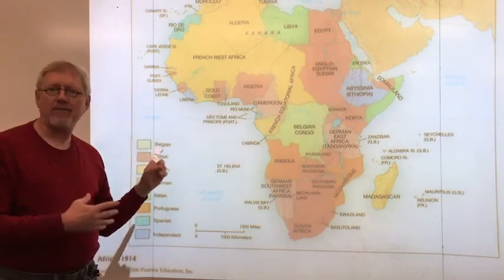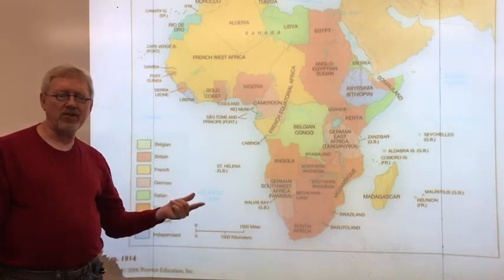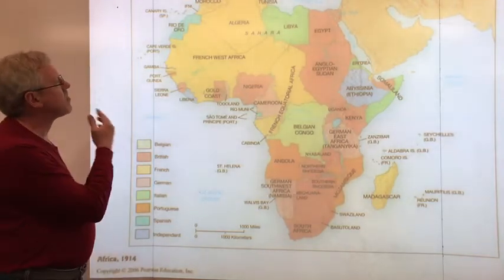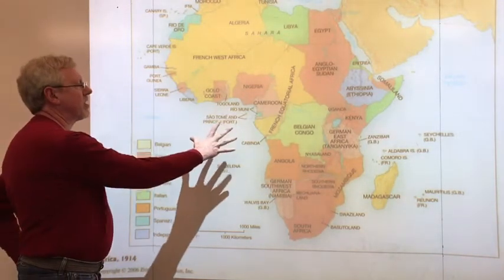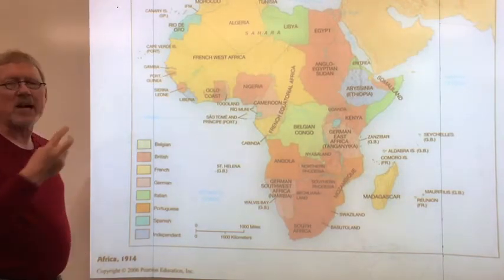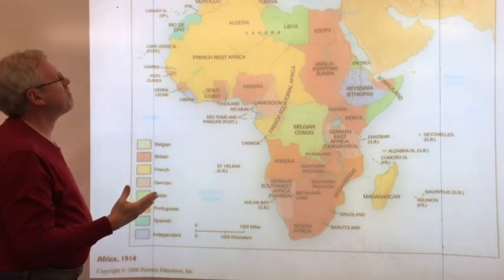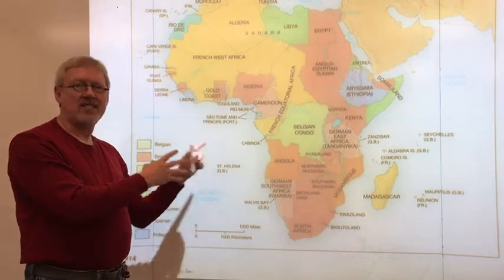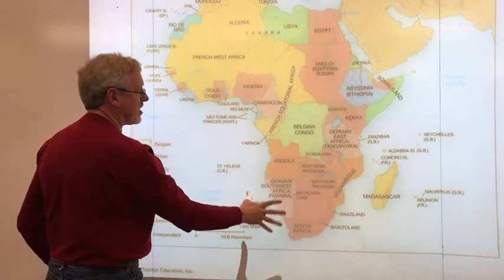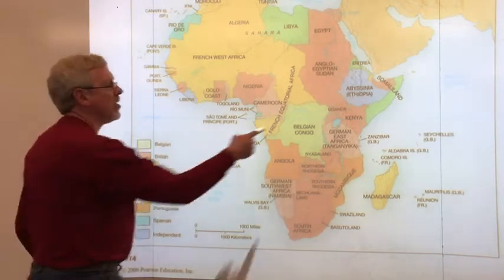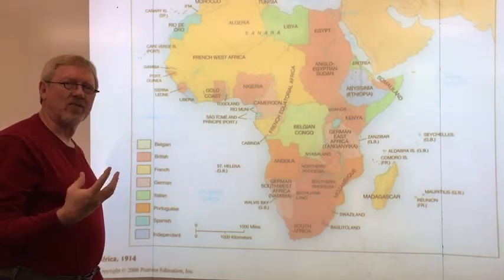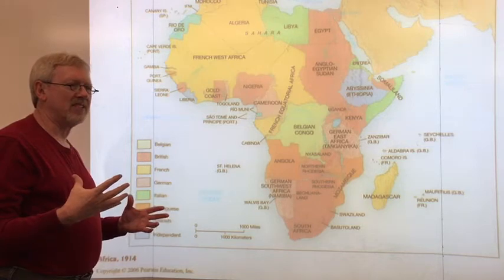Step one for poor Africa, in terms of being exploited by European powers, was, of course, the slave trade, lasting for several centuries, upwards of 10 to 12 million people taken from Africa and brought in bondage to the Americas. But step two, stage two, is when European powers begin to directly take over and control virtually all parts of the African continent. The only exception will be Ethiopia, which somewhat surprisingly will achieve its independence